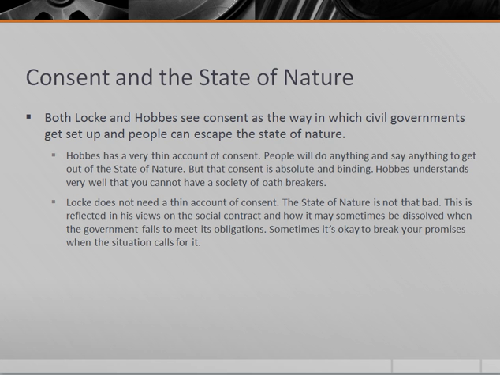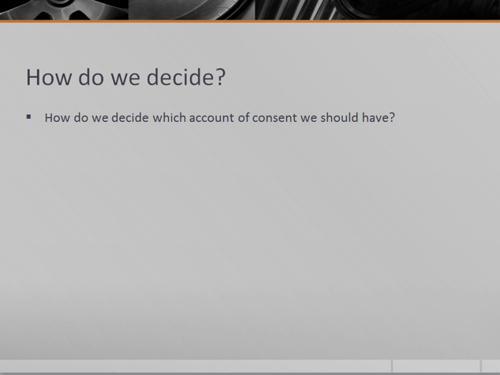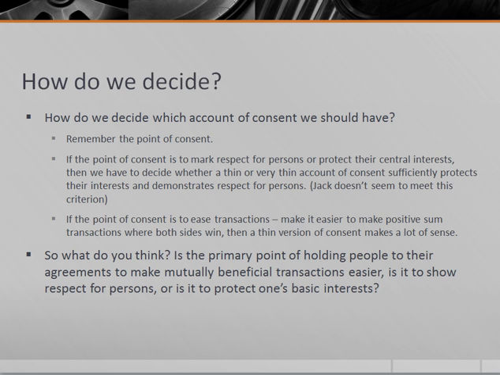Which leaves us with the question of how to decide which account of consent we should endorse. Should we have a thin account of consent or a thick account of consent? And is there a principled way of deciding what kind of consent we should hold as binding? I want you to think back at what we said about what the point of consent was. If the point of consent is to mark respect for persons or to protect their central interests in life, then I think it becomes more controversial as to whether Jim should empty his bank account, because ultimately it doesn't really protect Jim's interests